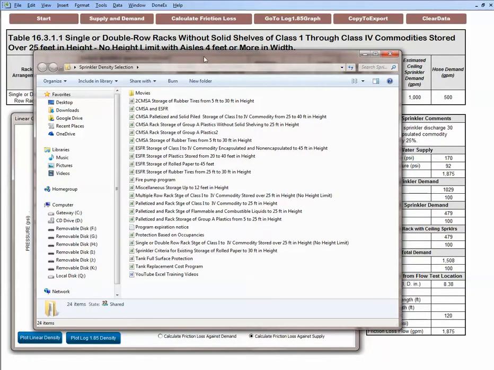I've designed all these programs to help you evaluate adequacy of protection: control mode sprinklers for palletized storage, control mode sprinklers for rack storage of plastic, control sprinklers for Group A plastics, rubber tires, ESFR for storage up to 45 feet in height, and so forth, including flammable liquids. If you want to evaluate storage of flammable liquids,